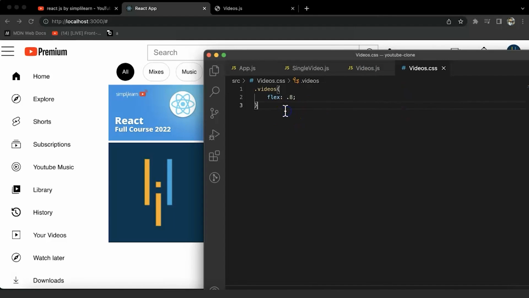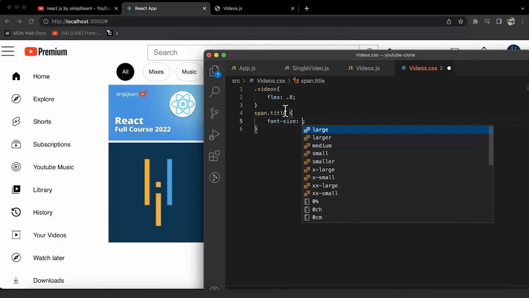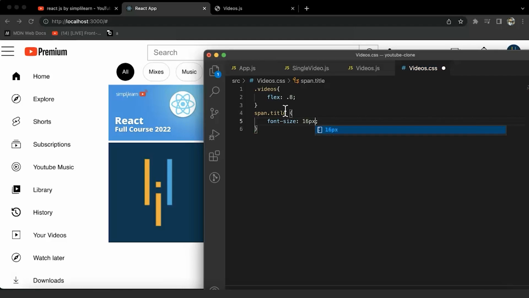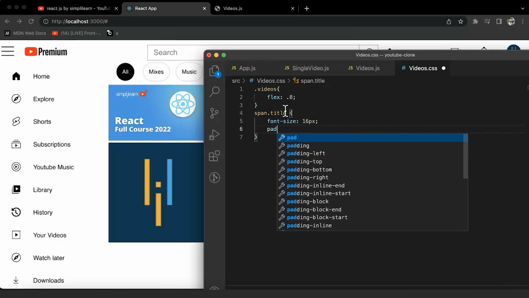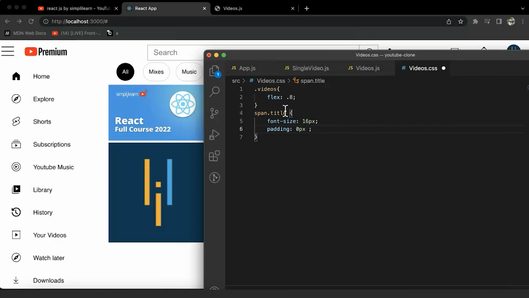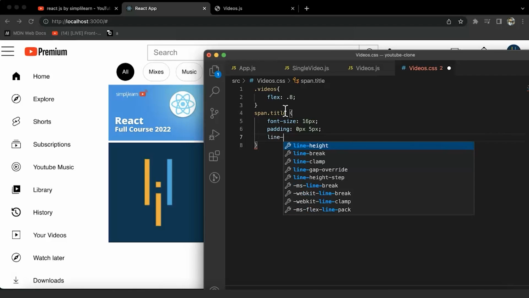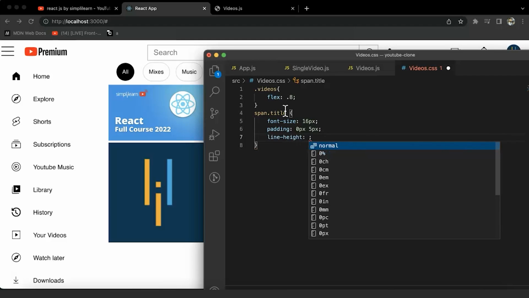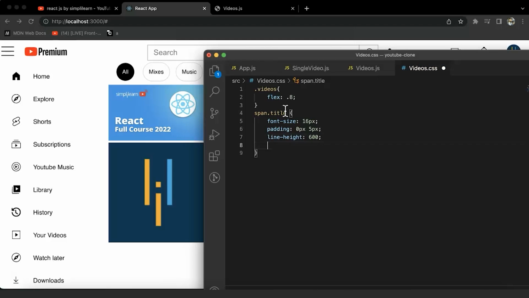Let's give it span first. Title. Let's give it a font size of 16 pixels. After that, let's give it padding of 0 pixels to 5 pixels. After that, line height would be again 600, and the color would be,